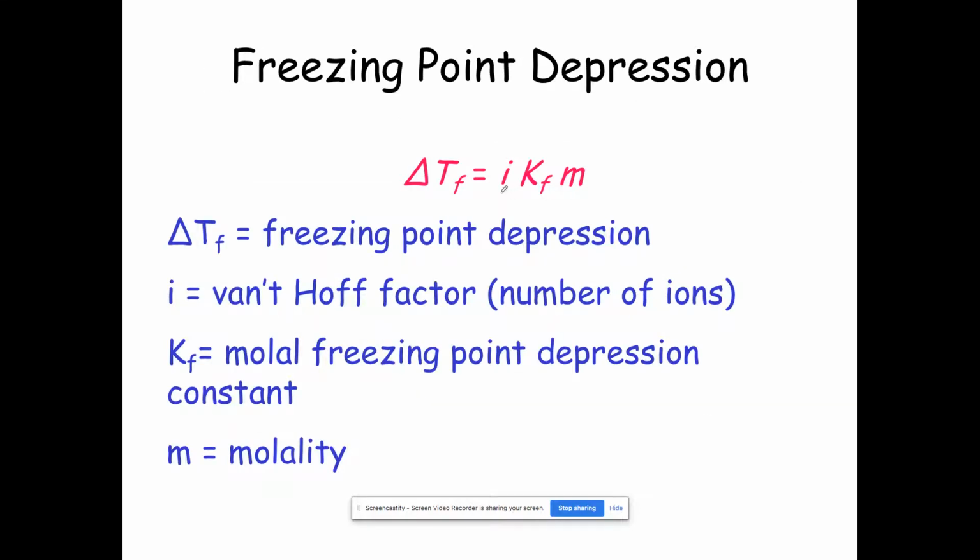So here's our formula. The change in the freezing point, delta T sub F. These are three things multiplied. i is the Van't Hoff factor. Hey, remember that? The number of ions. K sub F is the molal freezing point depression constant, which we're going to be able to find. And little m is molality, which you should have been calculating before. So just multiply those 3 things together, and you will find out how much the freezing point will be lowered